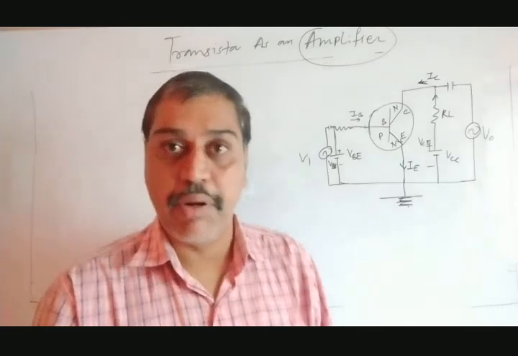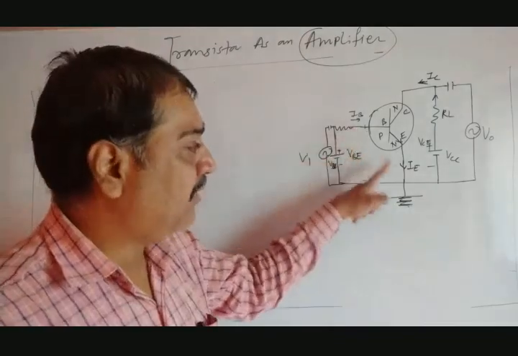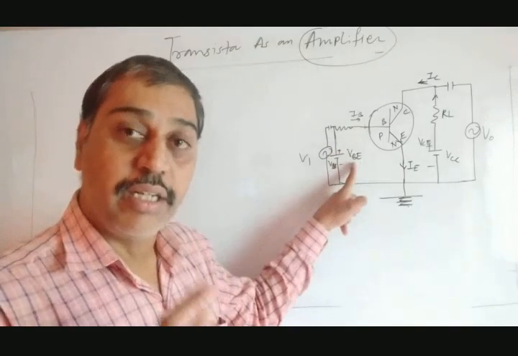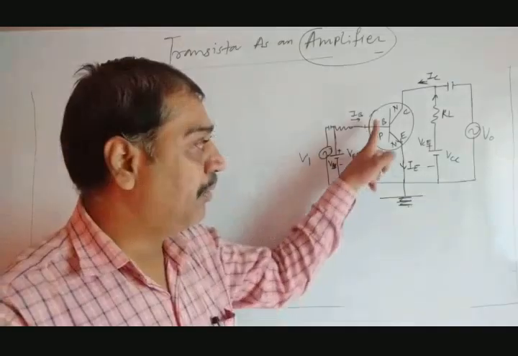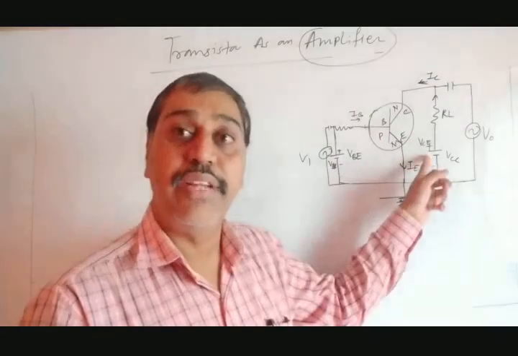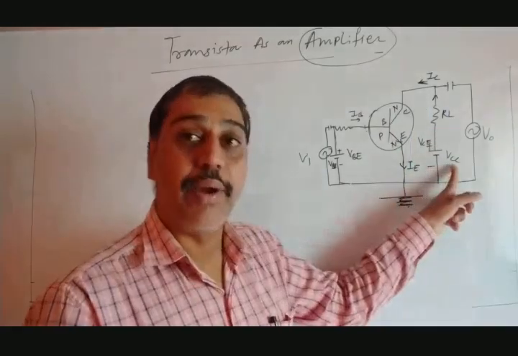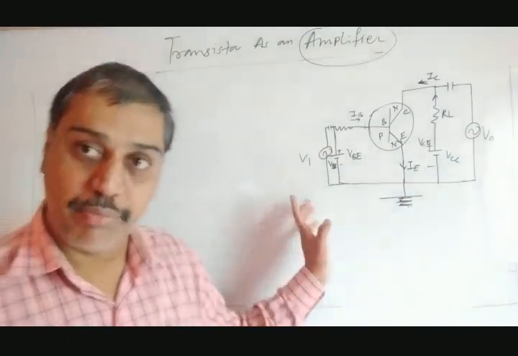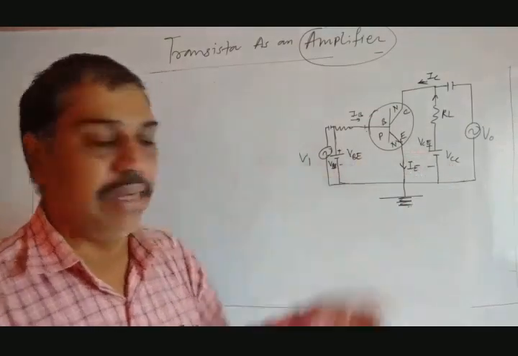Now remember, a point to remember here, this is VBE, the voltage between base and emitter. In your book they have shown VBE only. This is also said to be VBB because this is the battery. We will apply the voltage between these two terminals. At the same time, they have done the same thing at the output voltage. They have shown VCE, the voltage between collector and emitter. And here we are going to supply it using the power supply VCC, and VBB at the input power supply, VCC is the output power supply. So I have mentioned both the things here so that it becomes a little bit clear.